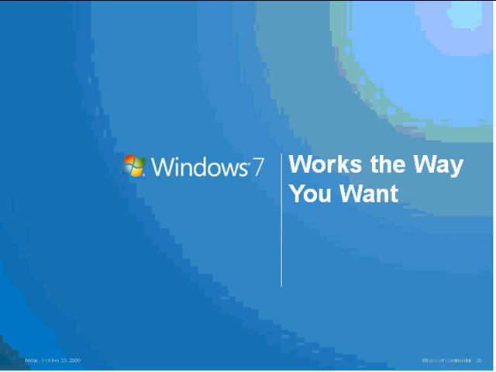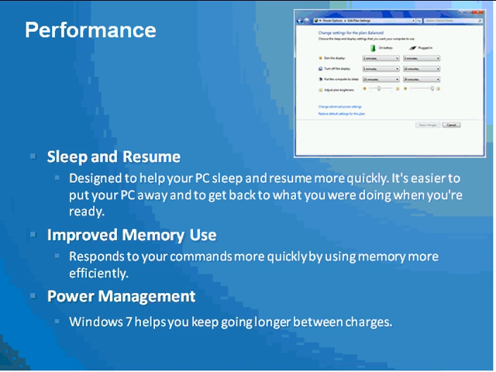Windows 7, the next theme is that it works the way you want it to work. In this, let's first look at performance. Some of the features we're going to be talking about are difficult to really show, but are to be felt by yourself. But we can still try and show you some things. Number one is sleep and resume. Both these features are extremely quick now. Putting a Windows 7 PC to sleep and waking it from sleep is very quick.